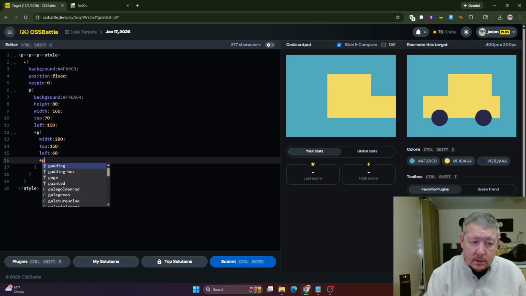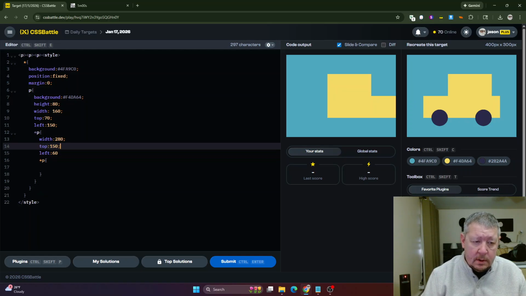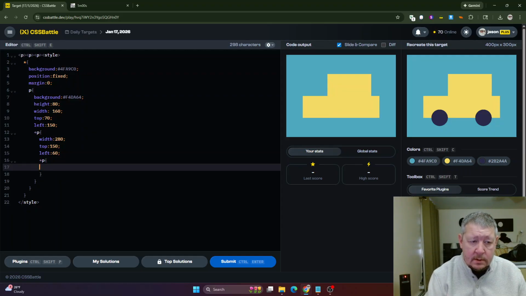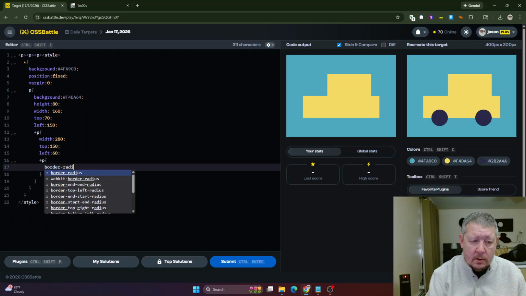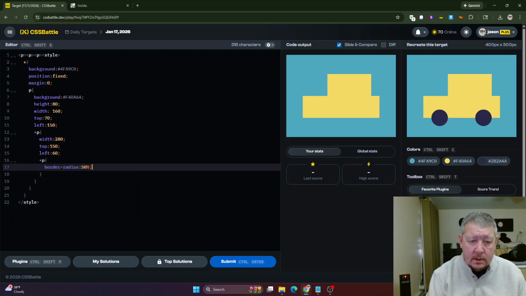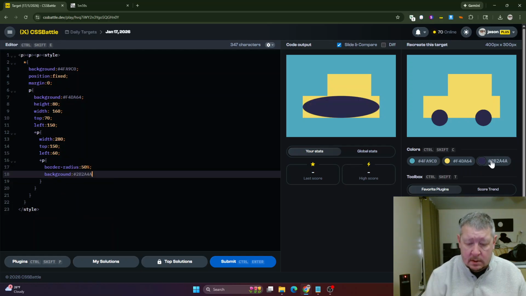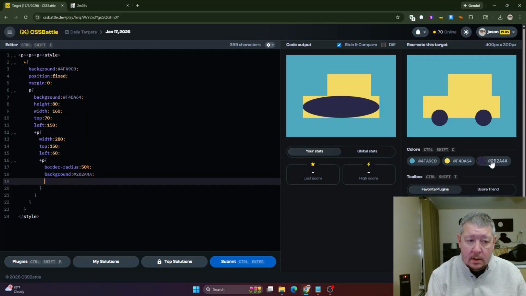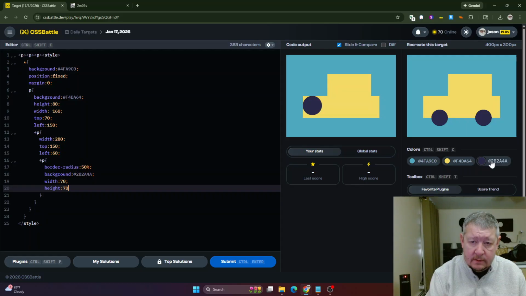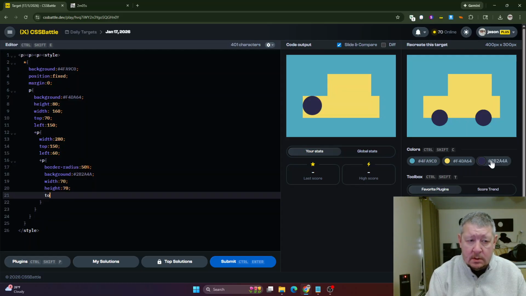And we're going to select it. We're going to put a semicolon here so the selector works. We're going to say border radius 50%. We're going to say background is this color. We're going to say width is 70. Height is 70. It's too big. Top is 180. 200 maybe,